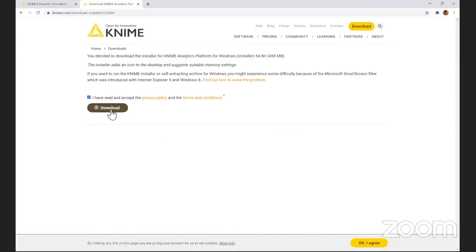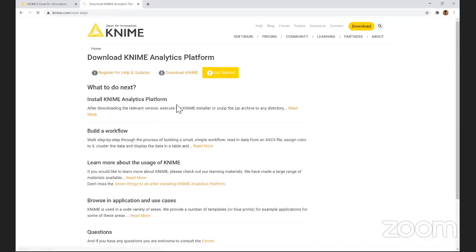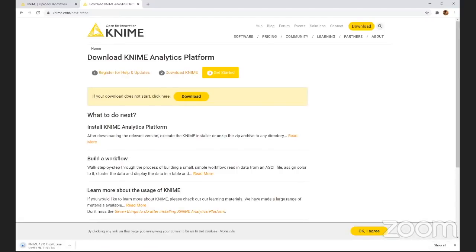Click on this checkbox and click on download. Since I have already downloaded it, after you download it, double click on the KNIME installer in your folder, and your KNIME software will be installed. If you find any difficulty, you can take technical help from any technical person in your family or friends. After KNIME is downloaded,